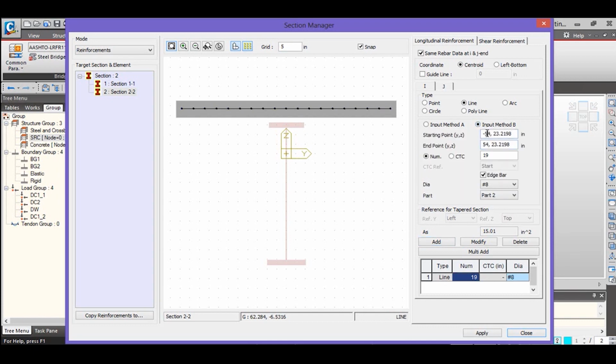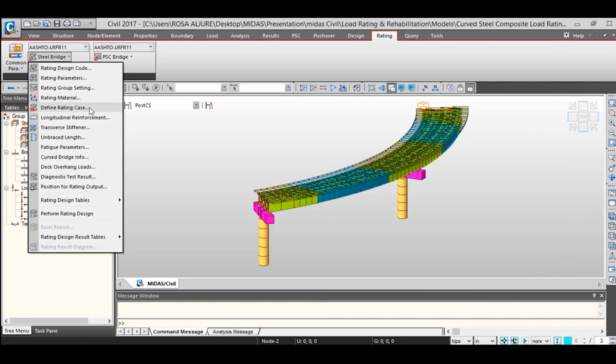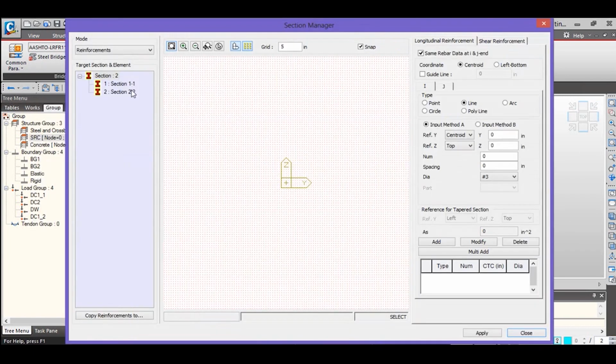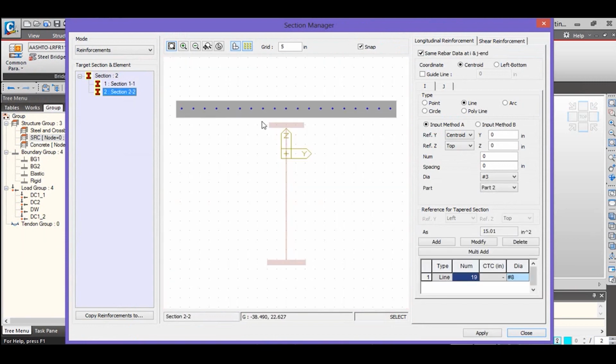You have another method of inputting the rebar, which is this one, in which you can manually tell the program where the exact location just by selecting the rebar layer in this case, and that will be it. We're just gonna have this line of rebars here. We apply it and then we close it. If you want to go back to check the reinforcement, you can go back to the reinforcement just to make sure that it is there. Perfect. And then you can close it right here.